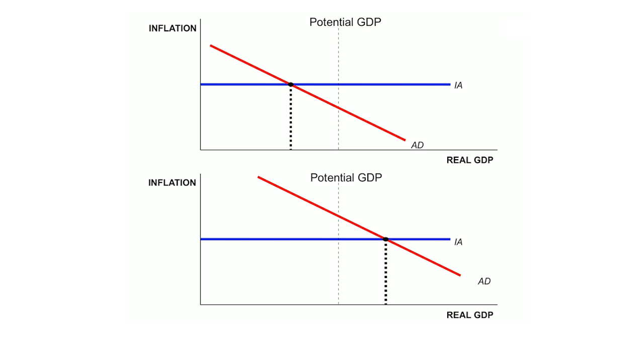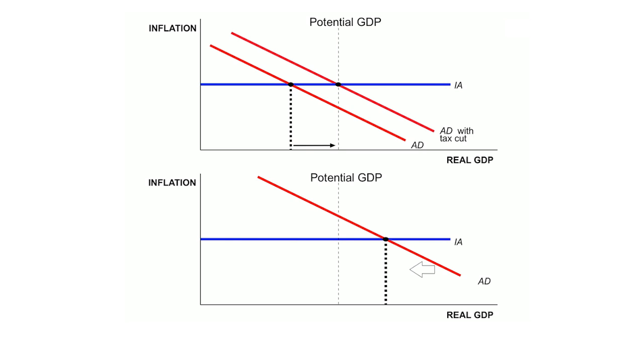The same thing can happen if you change taxes. You could raise taxes or lower taxes. Raising taxes would reduce consumption. Lower taxes would increase consumption. So suppose you're in the upper diagram now with real GDP below potential GDP. In this case, if you have a tax cut, people will spend more. Aggregate demand will shift to the right, and you get to a higher level of GDP equal to potential. So ideally, it looks great. This is how discretionary fiscal policy could work in the case of a tax cut.